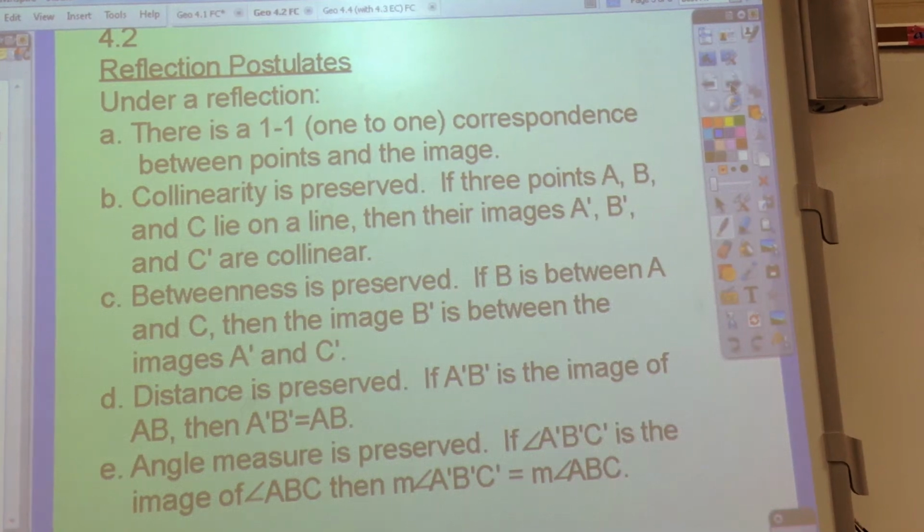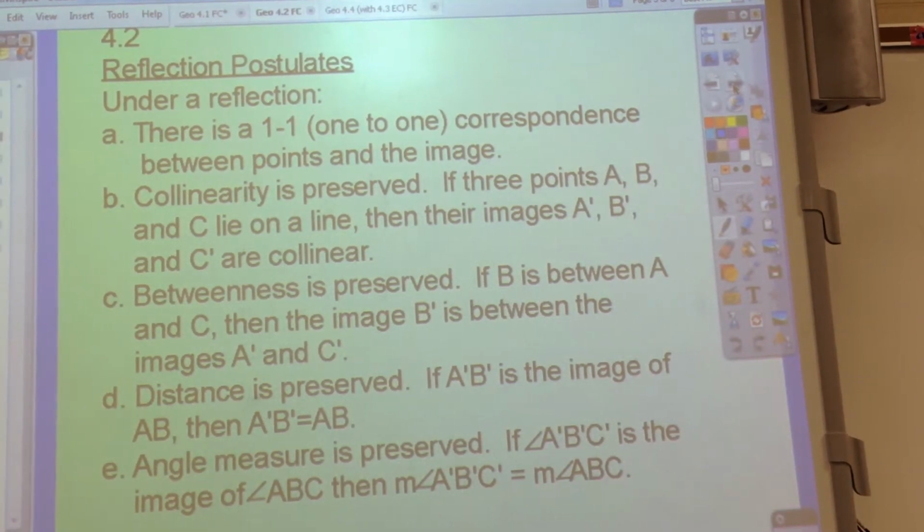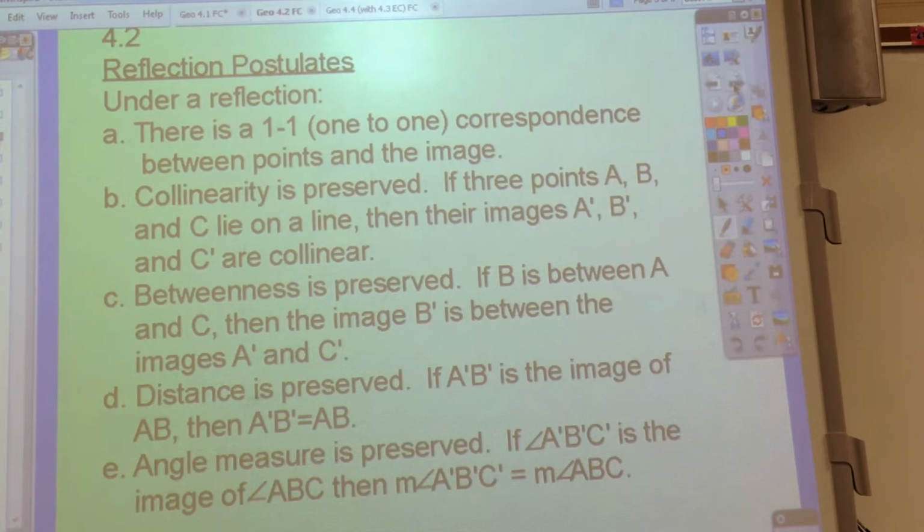Morning, ladies and gentlemen. This is section 4.2 of Mrs. Quinn's geometry. Today we're going to look at our reflection postulates and look at things that are always true for reflections. Under reflection, like we talked about in the last video, there's a one-to-one correspondence between the points and the